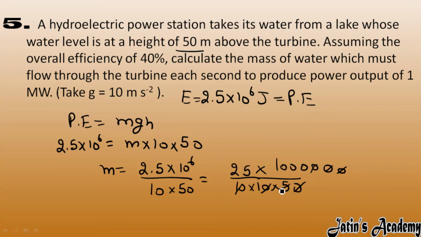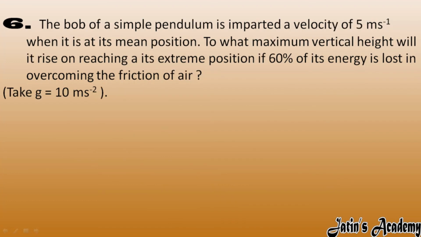So here you got 5 into 1000, as mass is equal to 5000 kg. It means that the water flows 5000 kg in 1 second. They are actually asking about the mass flow rate. So mass we got as 5000 kg for each second. Clear? Next we have the bob of a simple pendulum is imparted a velocity of 5 meter per second when